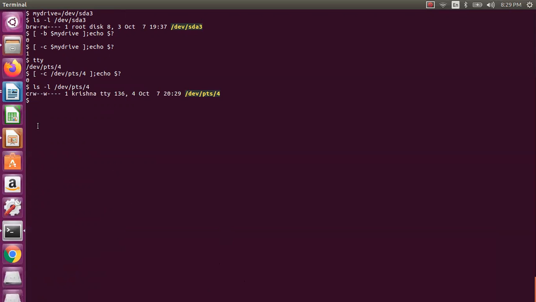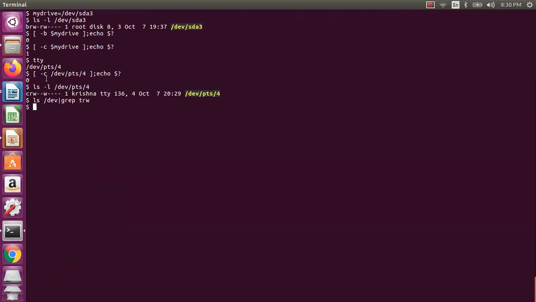So it will be c, correct. It is not the terminal, the real terminal, whatever, Ctrl+Alt+F1 you need to go. So here it is. Now I say ls dev grep, anything is there. No, there is no terminal file here, so no pipes and FIFOs. This is a character special file, that's what it is giving you, the device pts.